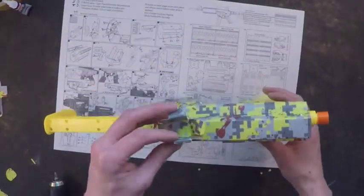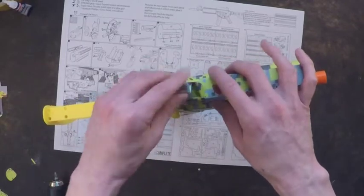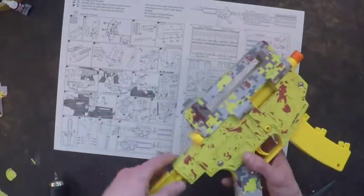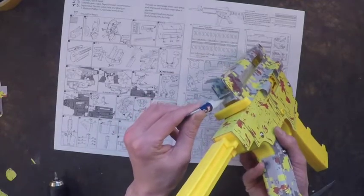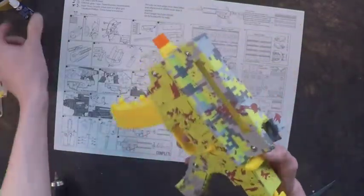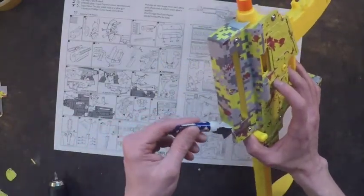So there's a hole at the top. The round flaps go on each side. You just slot that in there, and then all you need to do is glue those four flaps down. So I normally start with the one just above the charging handle, a little bit of glue across the back, and you can push that down. There's normally a little bit of pressure on that joint, so you normally have to hold it for a few seconds. So you can hold that with one thumb while you pop some glue onto the other side,